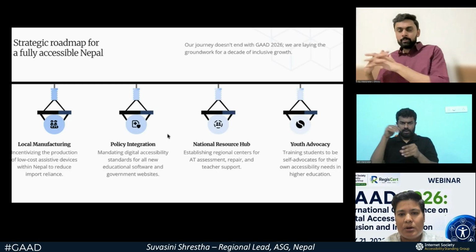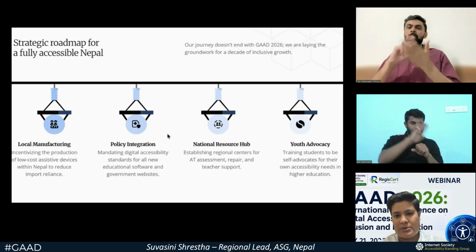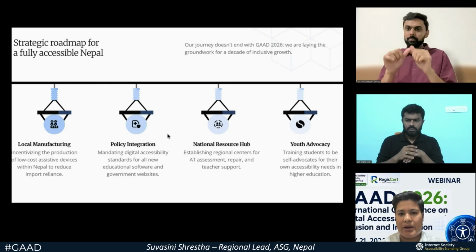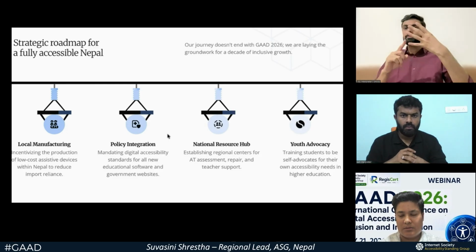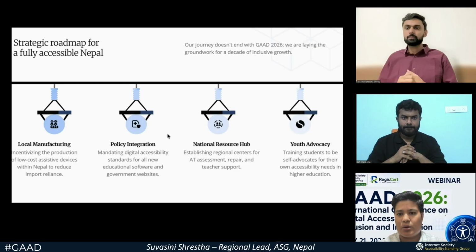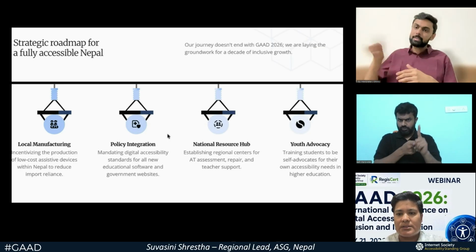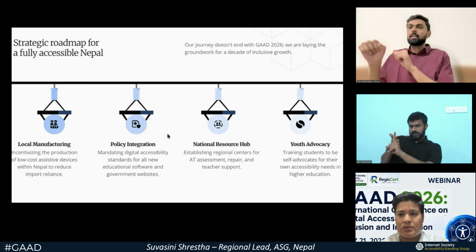And also, there will be a national resource hub for establishing regional centers for assistive technology assessment, repair, and teacher support. And there is a youth advocacy going on for training students to be self advocates for their own accessibility needs in higher education.